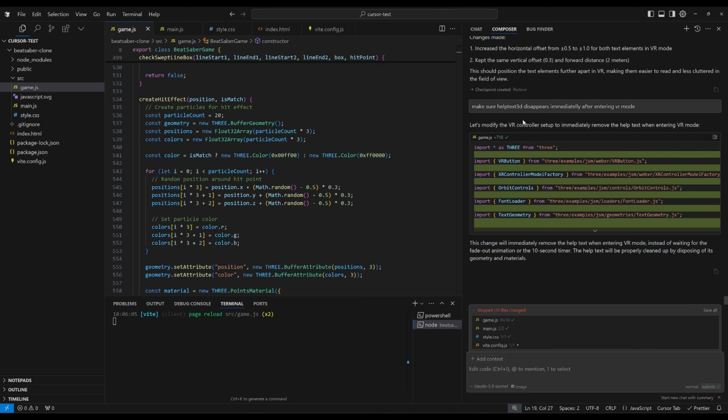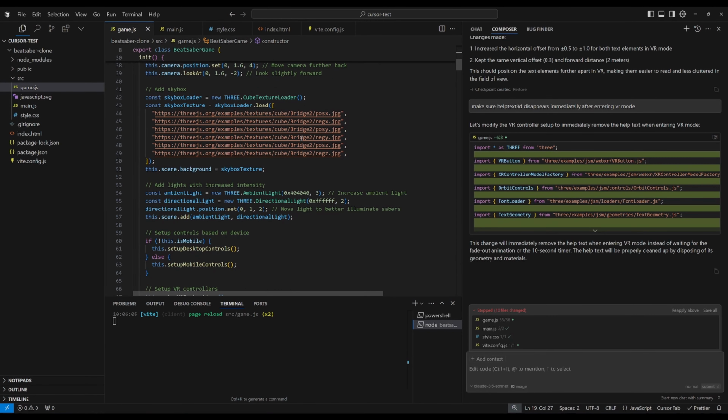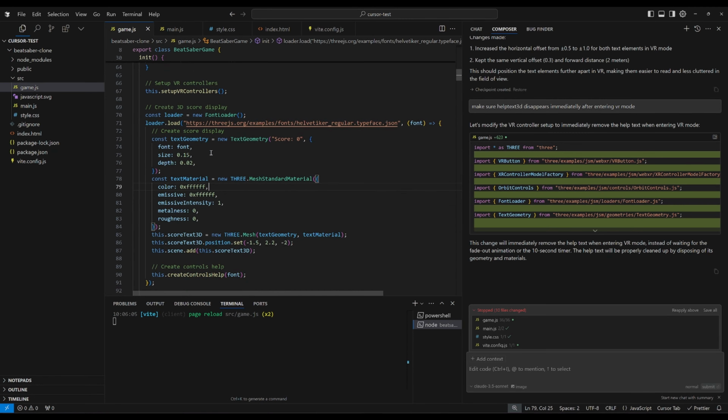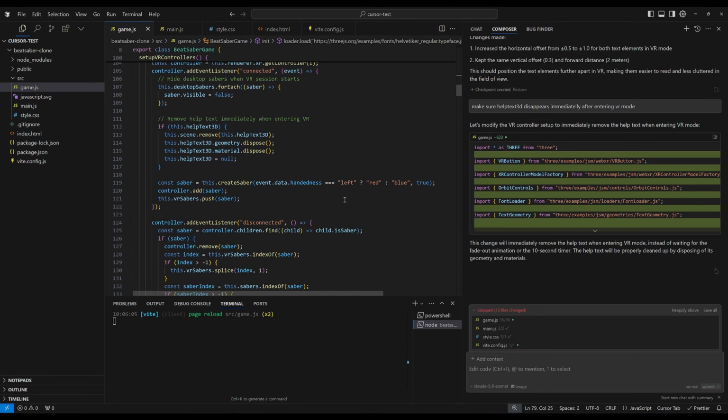Okay, and that's a short take on how AI can help you create prototypes. This is especially useful for hackathons, for prototyping, and for just trying new things out. The code quality itself is like every, let's say, normal Three.js application. This gives a very good overview on how things can be done, how a font can be loaded. This is more like a tutorial on how to create a Three.js application and actually working on a high level